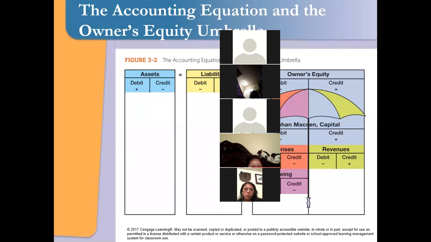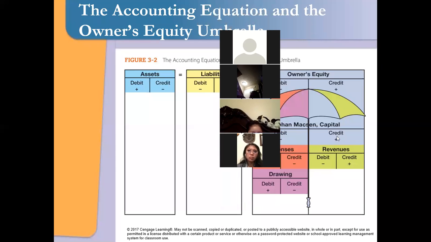All right. So revenues and expenses, they work together in that I have revenues from doing business and I have expenses from doing business. All right. Now, drawing, what is drawing? Drawing is simply this. This is something I take out of the business, but it has nothing to do with doing business. Again, I sell t-shirts, but let's say I take out